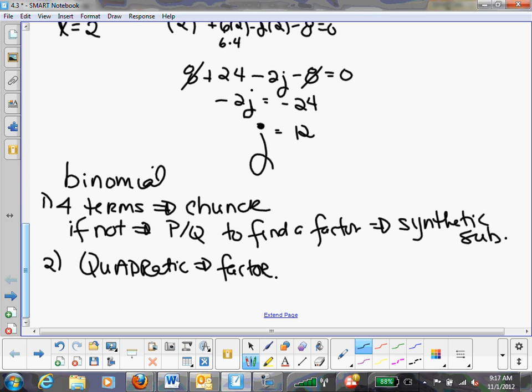Okay? Because remember, I'm not finding solutions, so the quadratic formula would give me a solution, wouldn't it? And then we'd have to put it back into a factored form, which would require a little more work or manipulation. And I don't think that they're going to ask you that. So I think factoring, probably once you get it down to a quadratic, is all that you're going to need to do. And don't forget